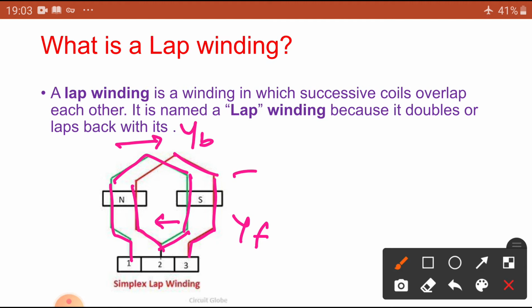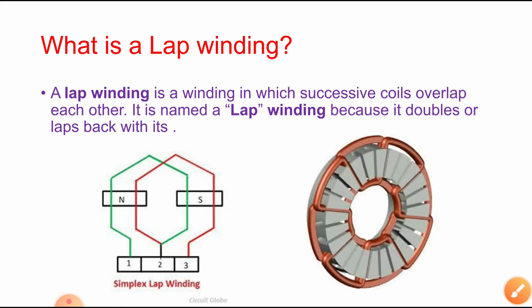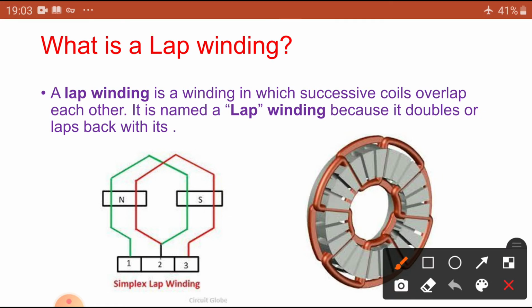So what are the practical examples? Let us see one figure. This is an armature, which has this armature core and a conductor. You can see one solid conductor is placed. These are the slots. One is placed here at a coil pitch. These are the lap windings we already know. Let us discuss one practical problem: how to draw our lap winding in case of an AC machine, single layer lap winding.